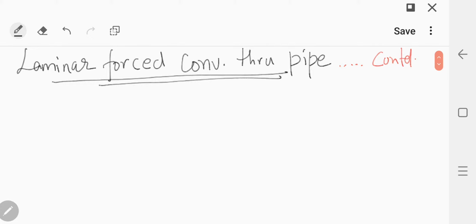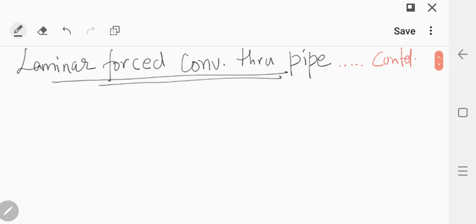Hello students. Today's lecture is in continuation with the previous lecture related to the topic laminar forced convection through pipe. Let me briefly revise what we have previously done and then we'll move forward. In the previous lecture, we considered a laminar flow of an incompressible Newtonian fluid through a circular pipe under